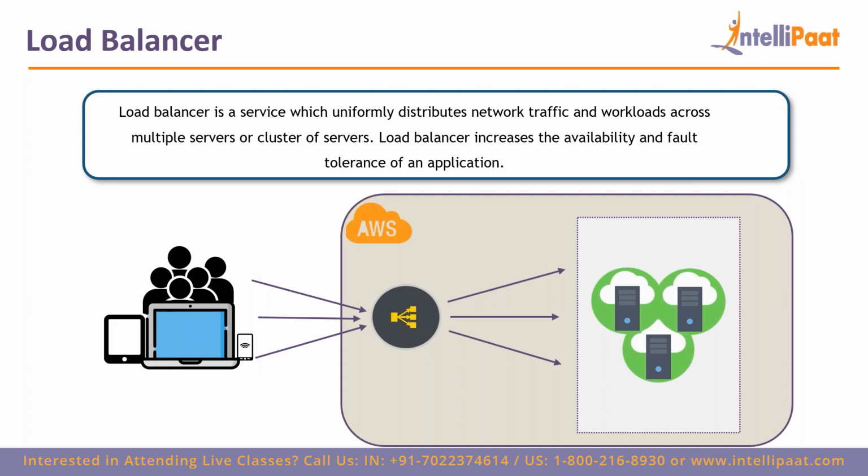The simplest way to remember it is that it distributes traffic across servers so that you can balance the load and run your application without any disruption or crashing. A load balancer increases the availability and fault tolerance of an application. Availability means, if you're paying for Netflix and suddenly for a whole day Netflix is not available, then it's not worth your money. The application should always be available, and that's what the company should make sure of. To do that, you can use a load balancer, which will always give you the best possible outcome. That's what we can do with Elastic Load Balancers.